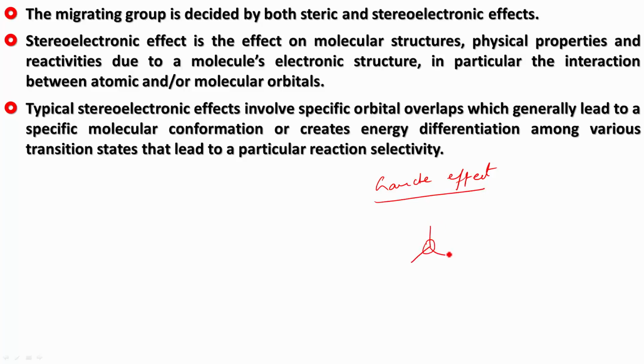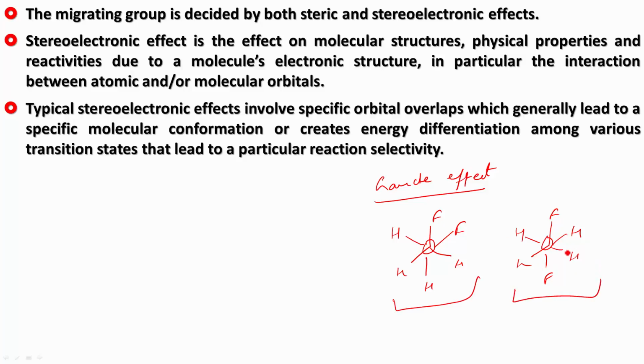Let's say you have 1,2-difluoroethane, then 1,2-difluoroethane has the more stable gauche form than the anti-form. This is the anti-form. The gauche form is more stable than the anti-form, even though generally anti-forms are more stable. So from the steric point of view, this has to be more stable, but it is this which is more stable. That is because the molecular orbital of this CH